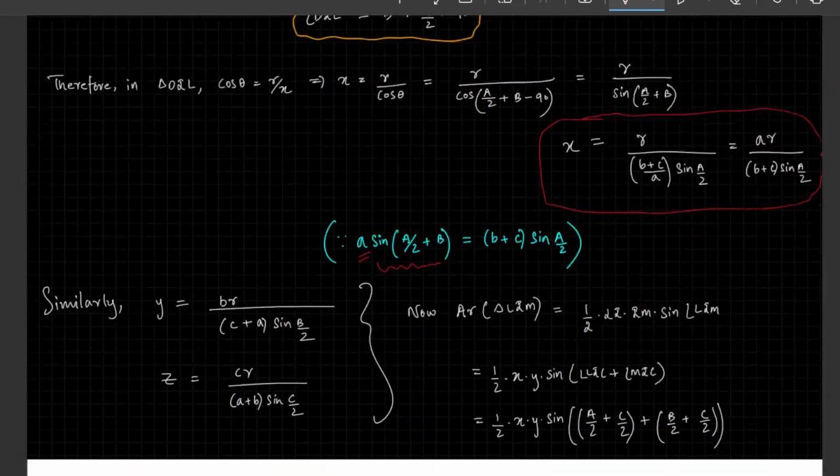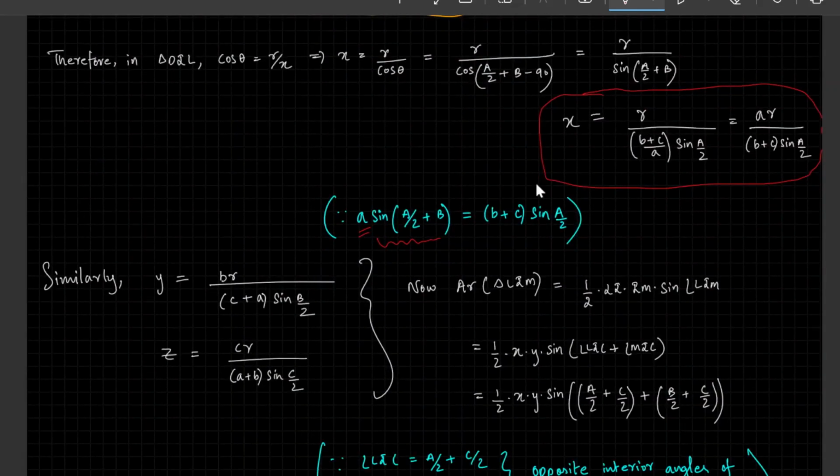So to find the value of y, you can just substitute a by b, and the other two, that is b, c, will be replaced by c and a, and the angle is A here, and the side length is small a. In the similar way, for y the side length is small b and the angle would be capital B. Similarly, for z it is small c, and here you can replace that by capital C. So this is how the generalization works. You can use the things from the very first derivation and just replace them to find the other values x, y, z. You can even verify them by doing the same approach, and you will get the same values.